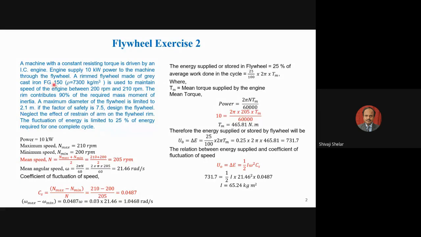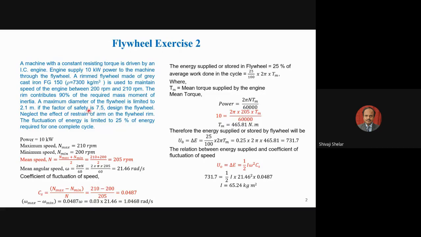Given the grey cast iron grade FG150 means 150 Newton per millimeter square is the ultimate tensile strength. So if you use the factor of safety of 7.5, 150 upon 7.5, you will get the working strength. We are not going to use this value, but we are going to use a still lower value so that we can design the flywheel appropriately, because the flywheel will have heavy mass, and if it fails during the rotation, this will cause injuries to the working people around.